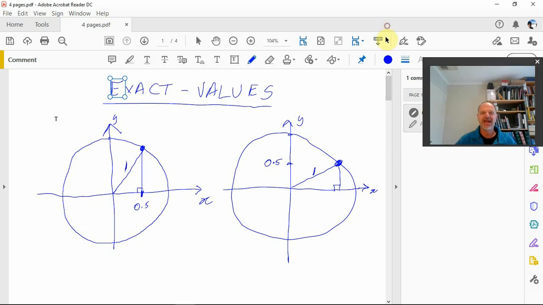All right, today what we're doing is looking at what's known as exact values. So the exact values for sine, cos, and tan as well. So let's refer back to the